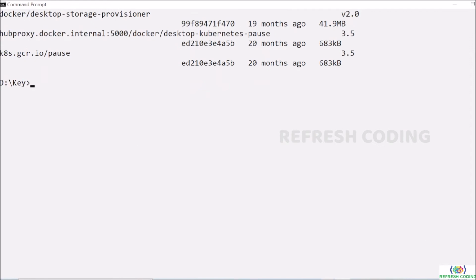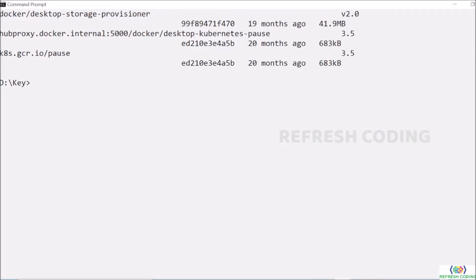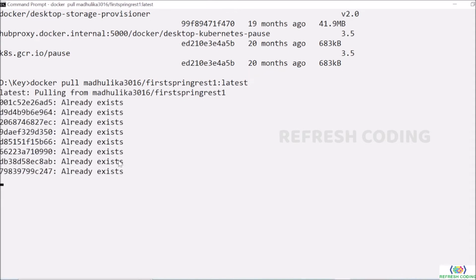If you can see here, Docker Hub will automatically give you the pull command. See, docker pull, then your username and your image name. You can simply copy this from here, or else it is a very simple command. You can just remember and type it. So docker pull, then your username, and image means your repository name. Remember here, repository name and tag name, and enter. It will take some time to pull the image depending on how big the image size is and what your internet speed is. So just wait for a few minutes.